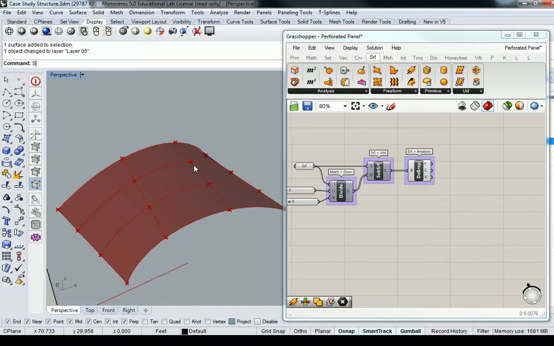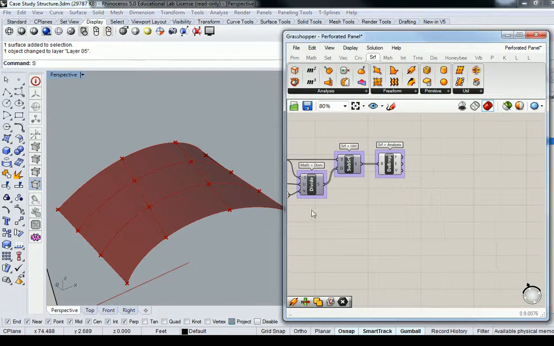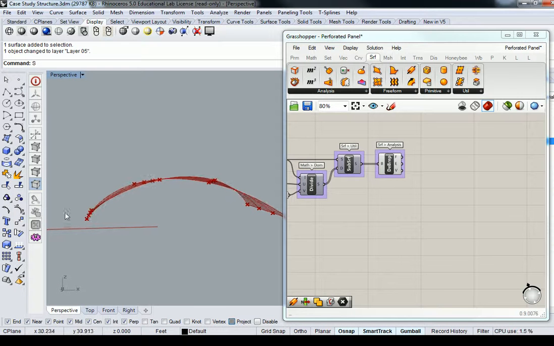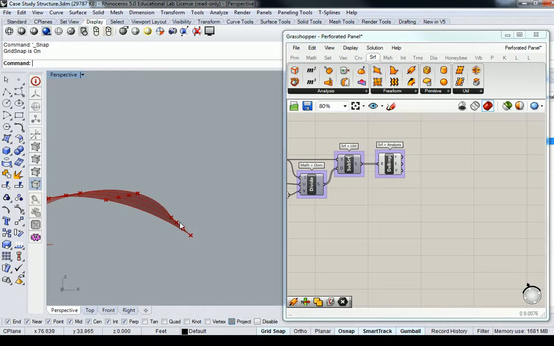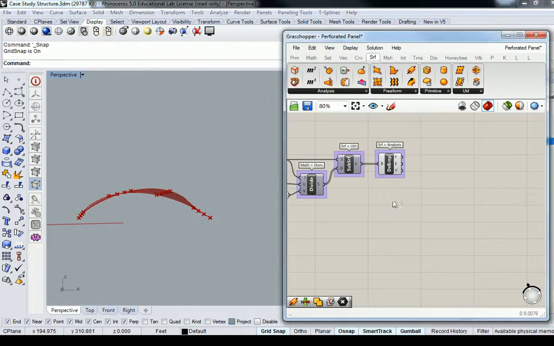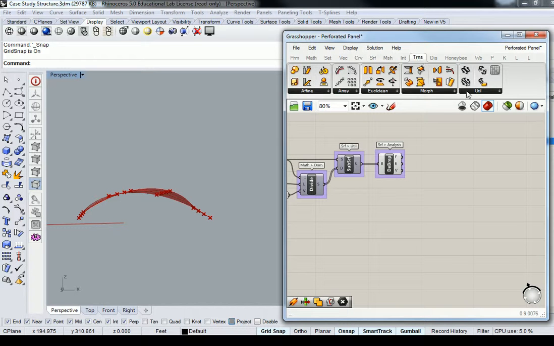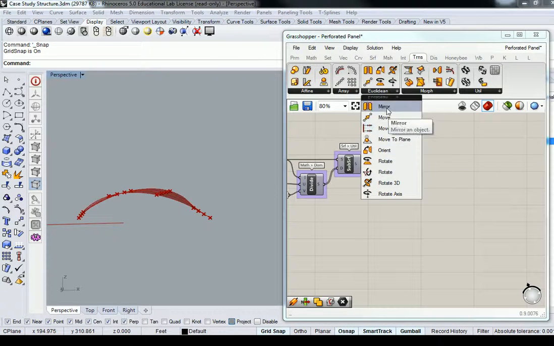So if I want the points on the left side over here to move away from the surface perpendicular to the surface itself in that location, and I want the points over here to move away perpendicular to the surface here, I have to use a surface normal, because if I go to transform and I use move